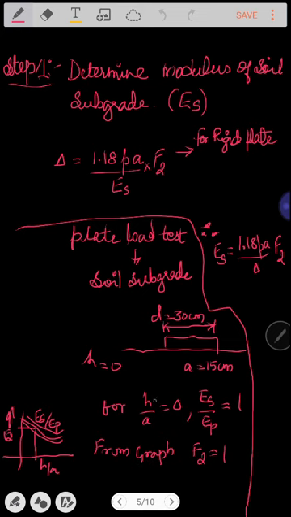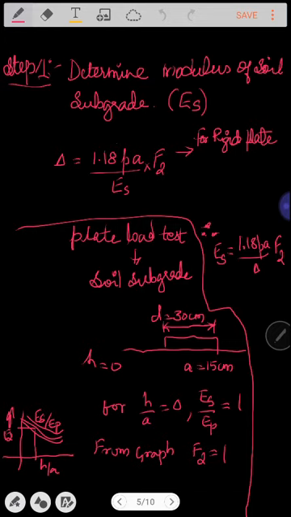For H upon A equal to 0, ES upon EP, that is Young's modulus of elasticity of the subgrade upon Young's modulus of elasticity of the pavement, is equal to 1. That means Young's modulus of elasticity of subgrade is equal to Young's modulus of elasticity of the pavement. So from the graph, for H upon A value equal to 0, F2 happens to be equal to 1. By knowing this value of F2 and substituting over here, you can easily calculate the value